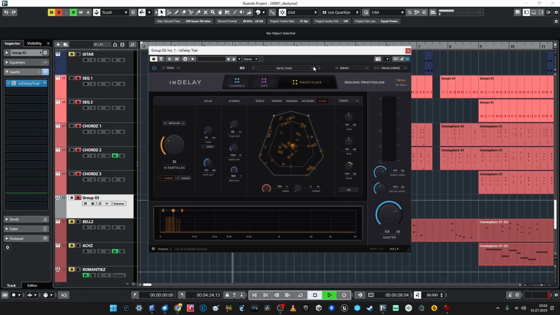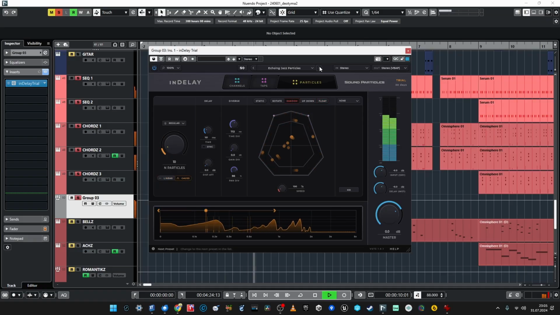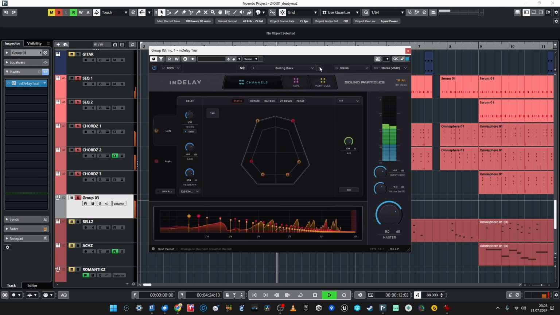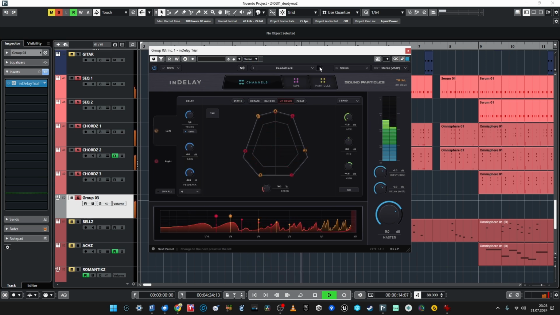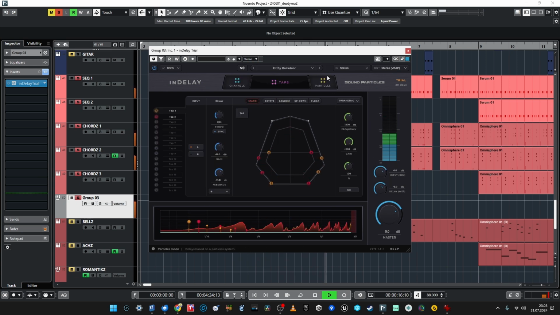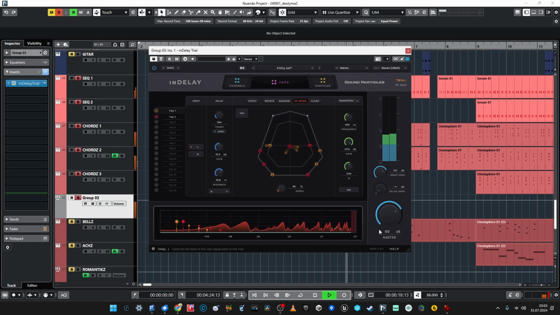I should leave it here actually because it made things a bit more spacious, simply. I am amazed, guys, seriously. This is so cool. And yeah, we're just in stereo, but